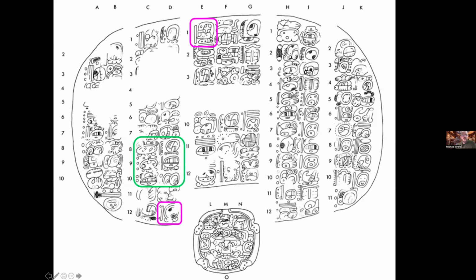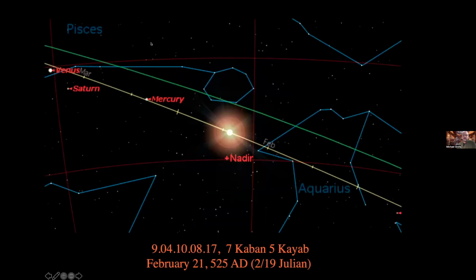I believe 3 Winals, or is it 4 Winals and 3 Kins? I can't remember in this case. But anyway, you can go read my paper about this. And it counts backwards to this particular date, which is then stated in the calendar around here as 13 Ix and then 12 Zul. And these two dates I noticed, this one historical on February 21st, 525 AD, and I'm